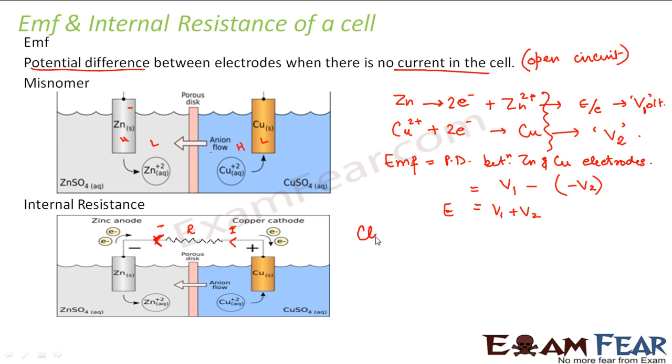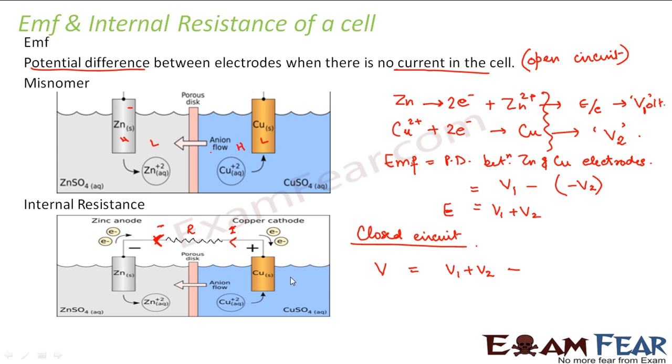Now let us say I have a closed circuit, right? So in this case, what will happen to the potential difference between the two electrodes? Initially, when it was an open circuit, the potential difference between the two electrodes was this E. So now what will be the potential difference? The potential difference will be V1 plus V2, that is the initial potential. Initially, whatever potential difference was there will be there, but there will be some potential drop across